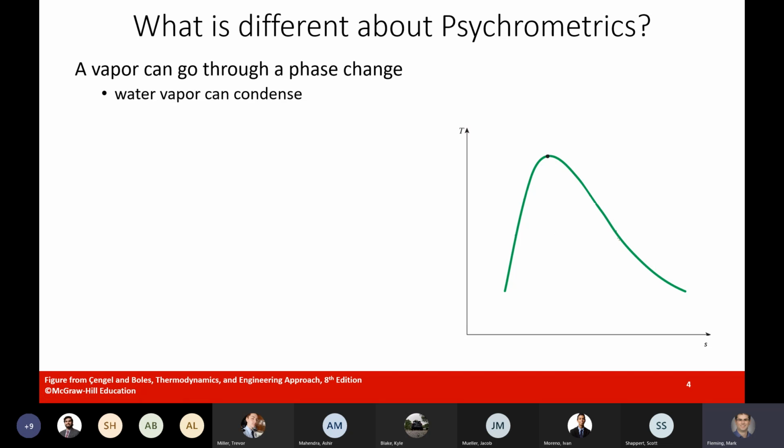We're going to be able to bring back the vapor dome. And so we will be able to use this TS diagram to help us figure out what's going on in terms of these mixtures and whether or not we're going to have water that is going to condense. Now, in terms of setting this up,